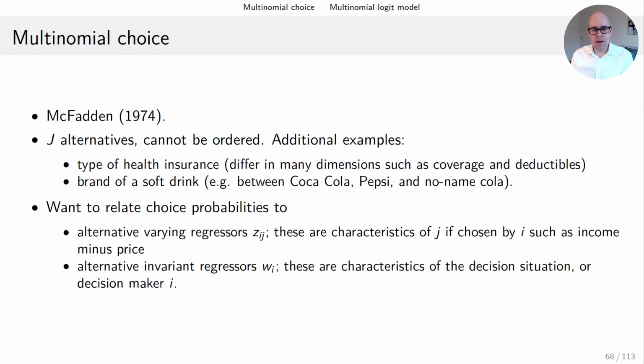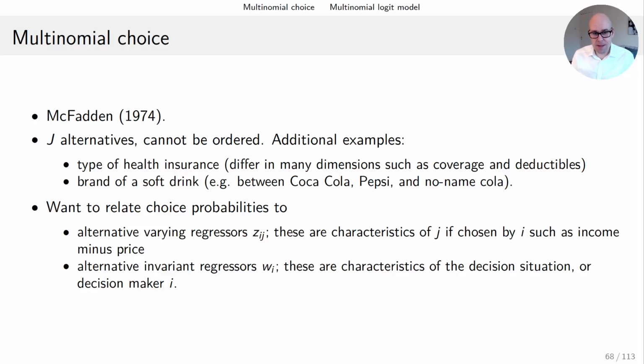Welcome to this video on multinomial choice. Multinomial choice is choice between alternatives that cannot be ordered in the sense that the ordering is not the same